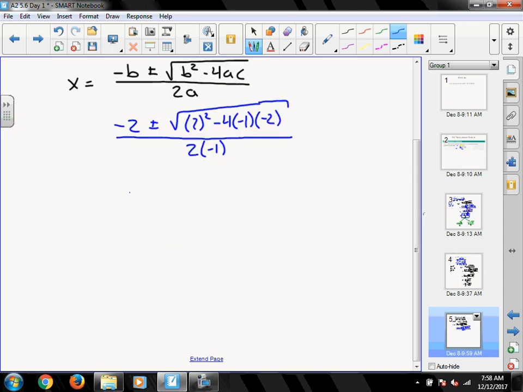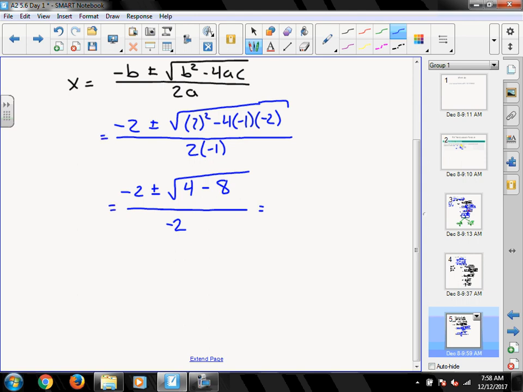Which gives us negative 2 plus or minus the square root of 4 minus 4 times negative 1 times negative 2 should give me minus 8 here, and over a negative 2. 2 times negative 1 gives me that,